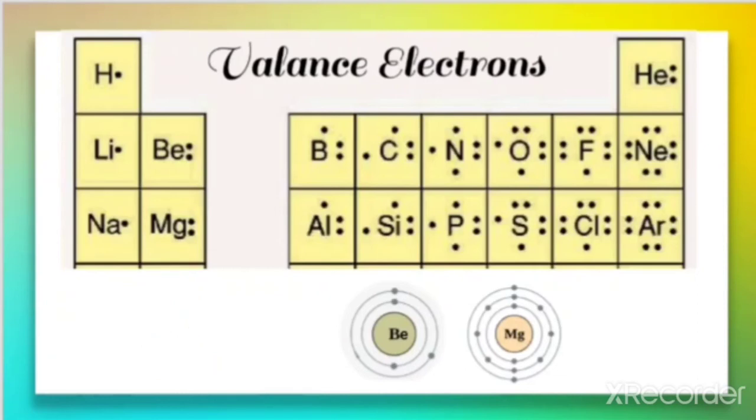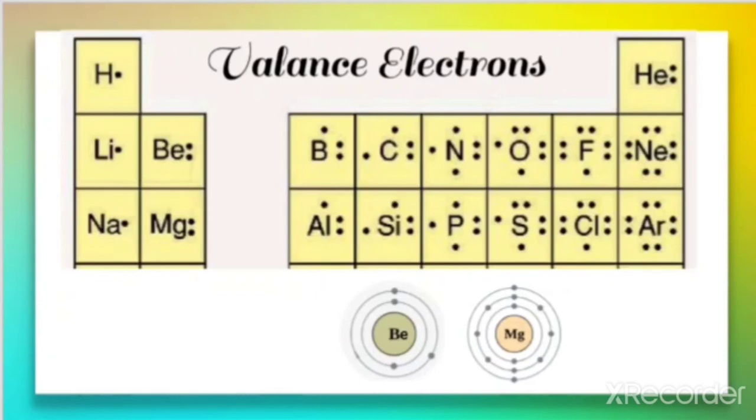So it is better to learn the sequence from hydrogen till argon in this order. That is, after hydrogen, then helium comes, then lithium, then beryllium, boron, like this you need to learn. And after neon, keep sodium below lithium. So when you learn the sequence in this way, it is easy to find the valence electron.